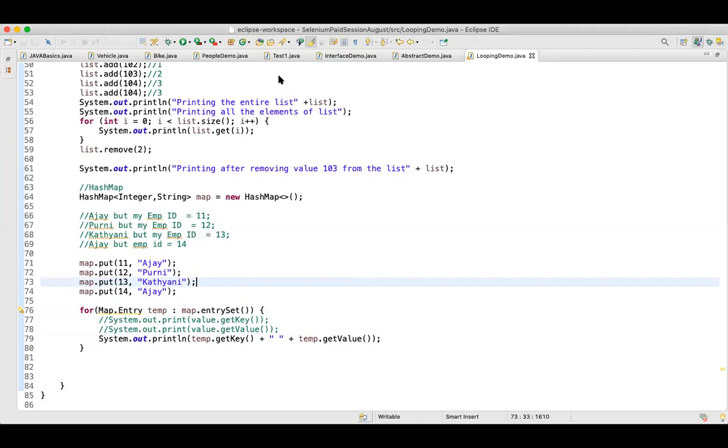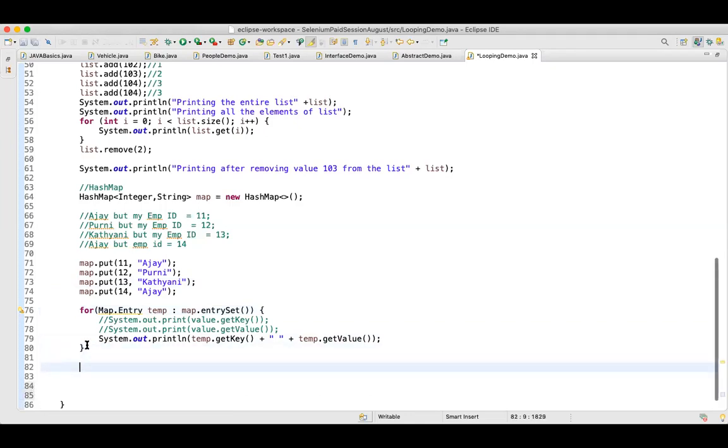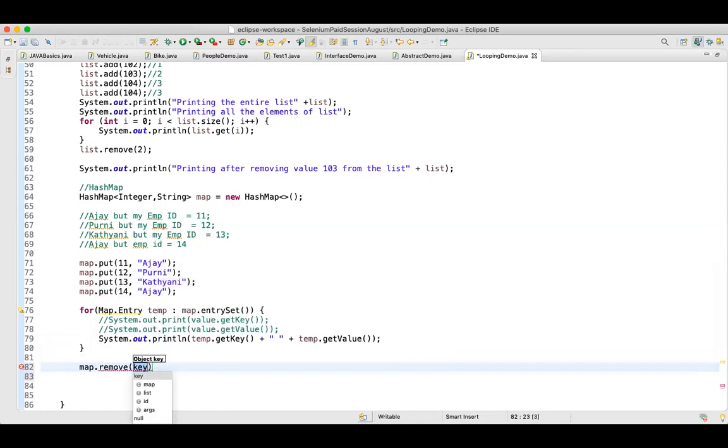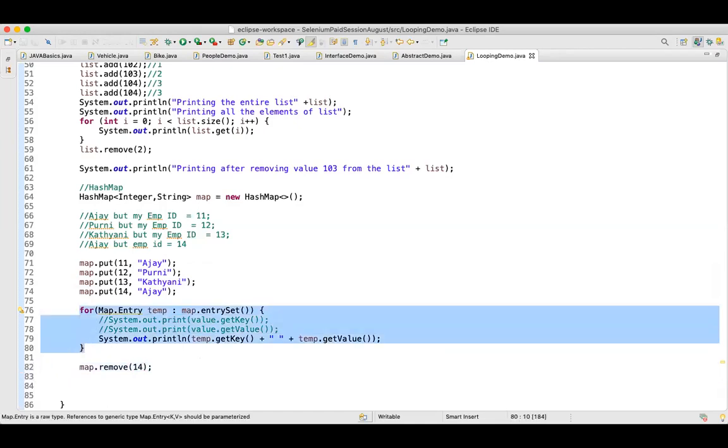So these are some of the concepts, guys, which we will definitely be using when you are actually working on Selenium. Now, in a similar fashion to how we added, we can also say map.remove, and I want to remove the entry for a given key, so I can say the 14th ID, the key. And I'll simply print this again.